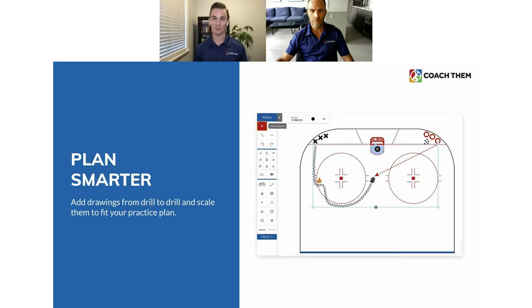And the last part of this, which in fact is the most exciting from a practice planning standpoint, is planning smarter. This is a quick little graphic here of a small drill. Mike's going to show you how you can go from a smaller drill to a much larger drill, or from a larger drill to a smaller drill, because we see that next wave of station-based practices. We want to be ahead of the curve and help our coaches create full practices without having to redraw every single time. With that, I'm going to pass things back over to Mike. He's going to take care of all the fun stuff, and show you through CoachThem 2.0.